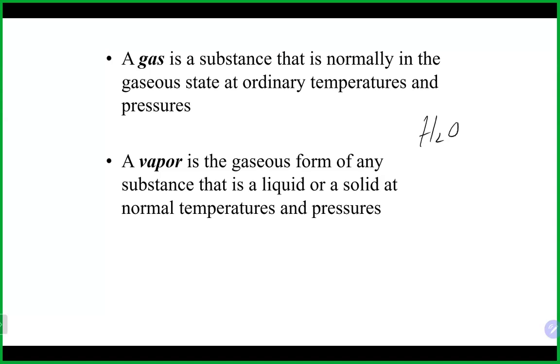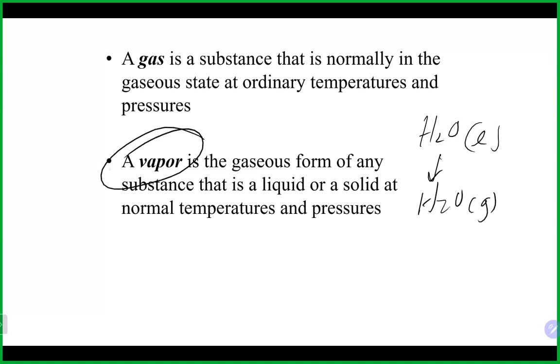Probably the easiest example is the one we were just talking about, which is water. Under normal conditions, water is a liquid, but all you have to do is heat water to 100 degrees or so, the boiling point, and you will turn it into water vapor, is what we typically call it. We don't call it water gas because it just sounds funny, but we call it water vapor because water is normally found in the liquid phase but can be converted into a gas. Something like hydrogen gas, which is normally found in the gas phase, is referred to as a gas.